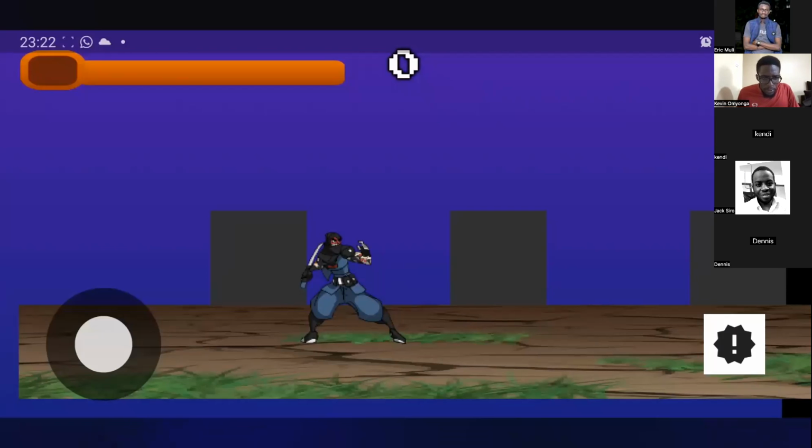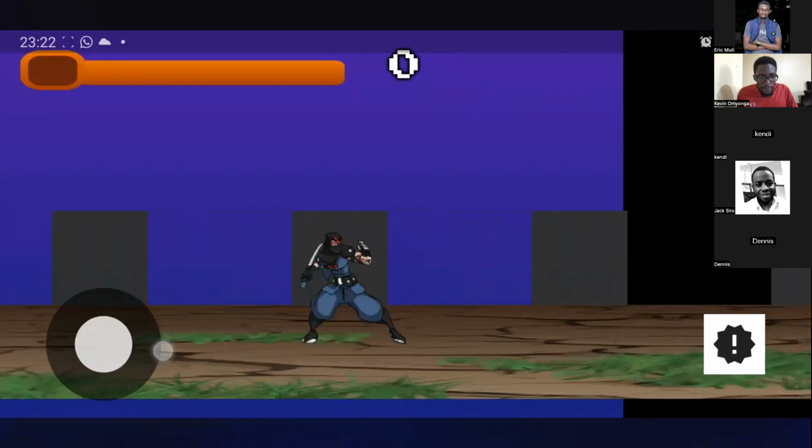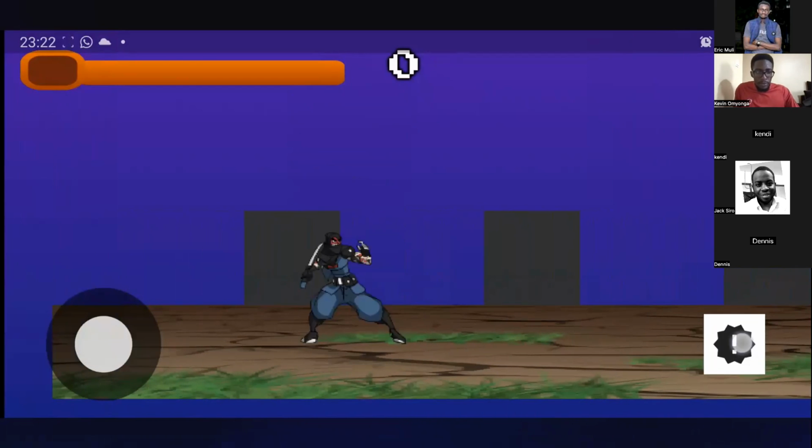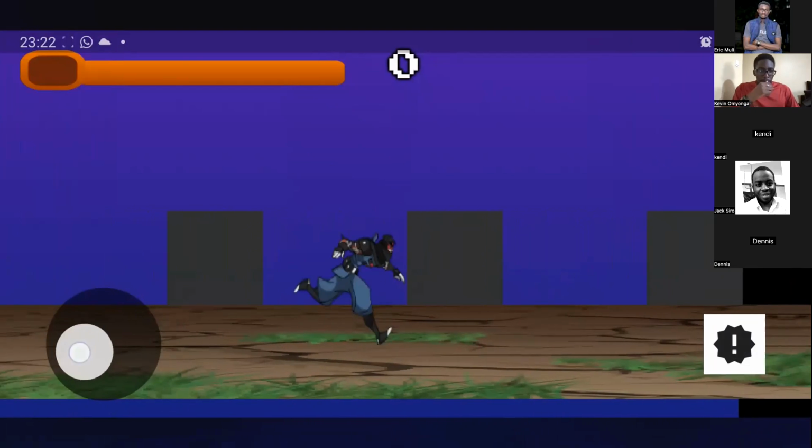I think you also noticed that when he runs backwards, it's like he's moonwalking, but with a different kind of swagger. And this was because I couldn't find the sprite to invert the character. So that gave me a bit of trouble.